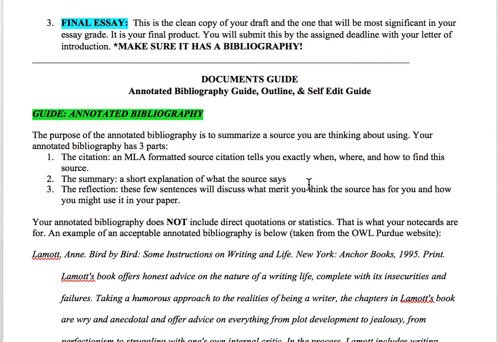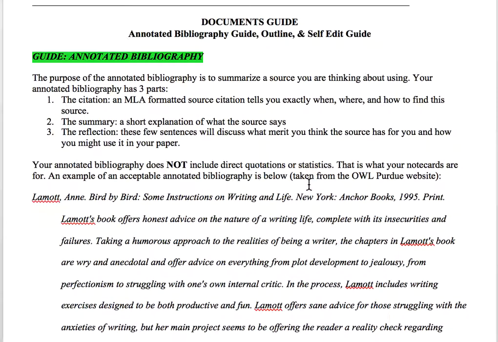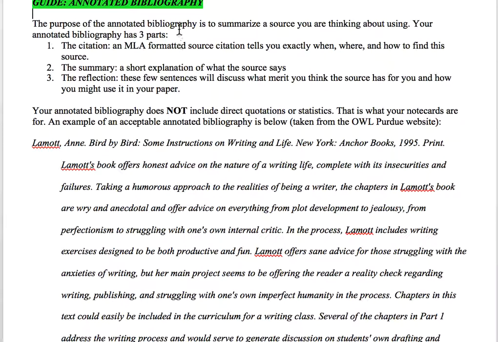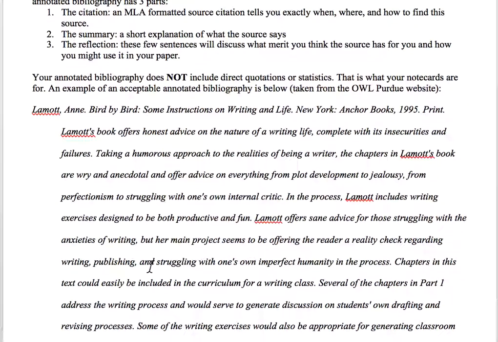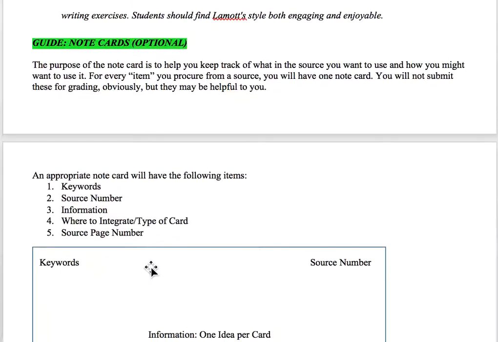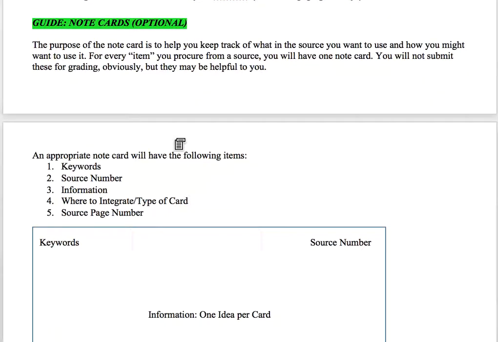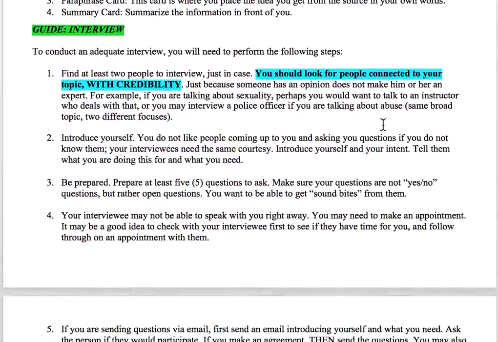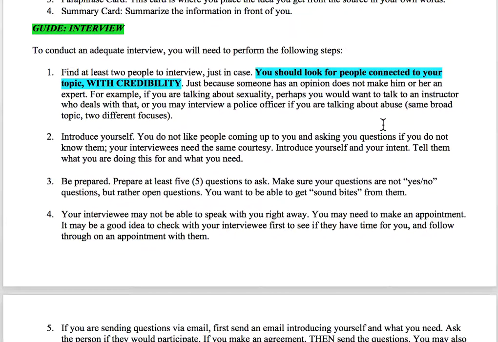I've given you guys some information here to help you out. Your annotated bib is an assignment that you're going to be doing, and I've walked you through it separately, but if you need information about what an annotated bib is, remember it has 3 parts: citation, summary, and reflection. If you need help or any type of guidance on interviewing, if you're going to interview an expert in your field, or someone who's been through the situation, whatever it might be, a good way to do this is with these note cards. It's just a helpful hint. And I've given you a guide for the interview here as well.